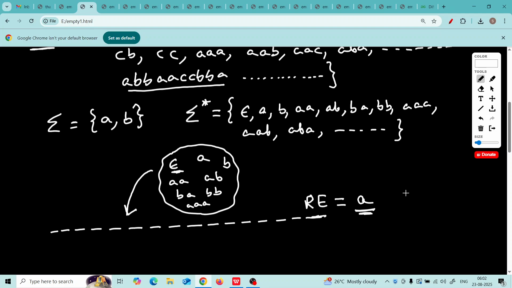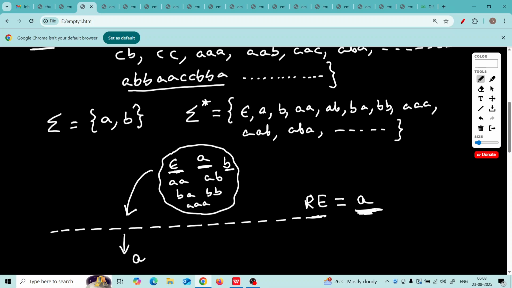If the word matches the regular expression, only then that word will pass the filter. Now if you take epsilon, epsilon doesn't match A, so epsilon doesn't pass the filter. But if you take A, the second word of this sigma star, then A matches A, so A passes the test and it goes through the filter.